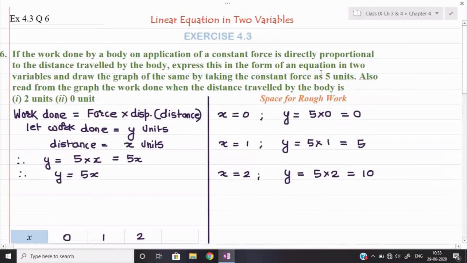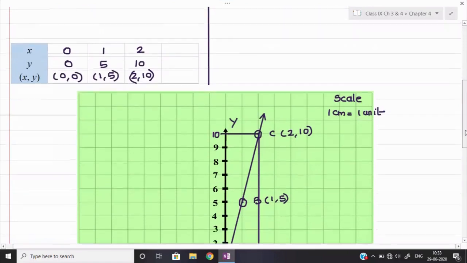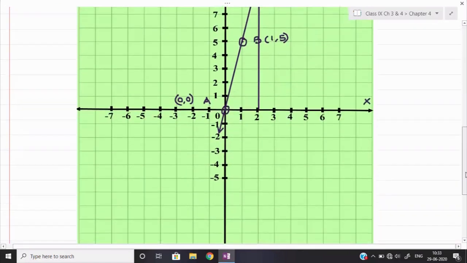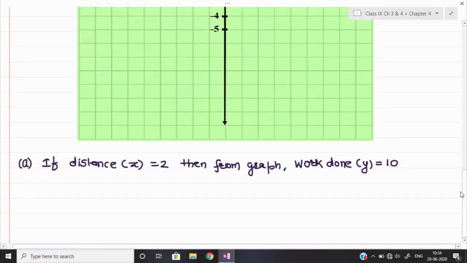Now let us see the second point here. When the value of x is equal to 0, the value of y will also be 0 in that case, because if you put x equal to 0, y will also become 0. But with the help of the graph, how can we show it? It is difficult to show with the help of a graph, because x equal to 0 means y will also be 0. So here we shall write down simply, because no figure could be drawn in this case.